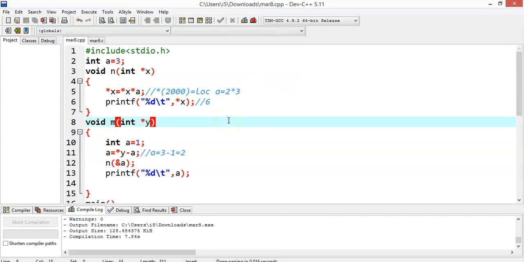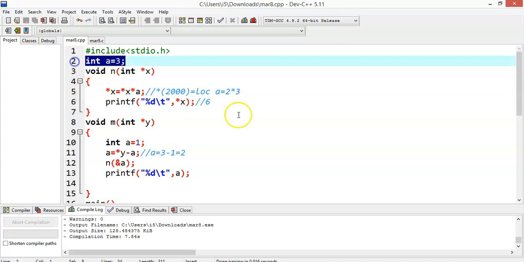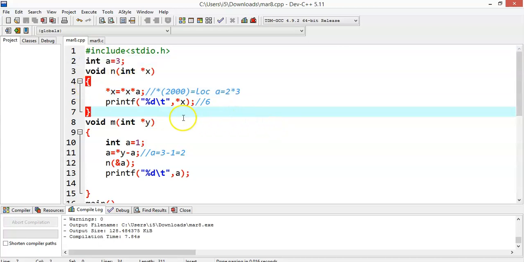But what was mentioned in our question is what the output will be if dynamic scoping is followed. If dynamic scoping is followed, here star x is given as a, but a is not available in this function. It will not search the outer block, and will not go outside this function.